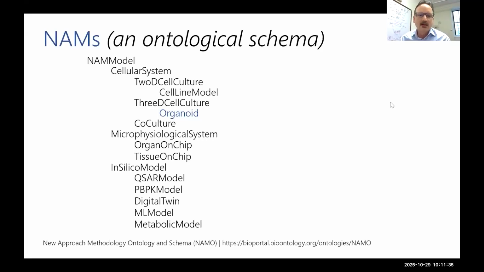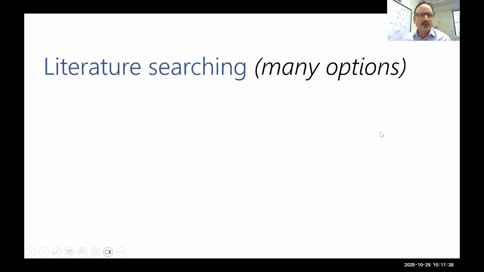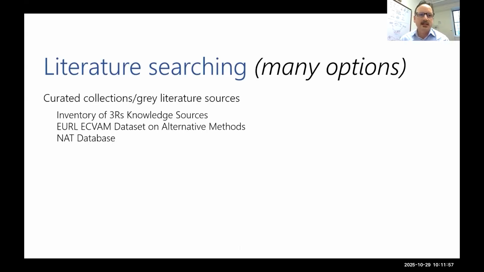And the last part of this talk relates to literature searching, and there are many options here for navigating the literature landscape around NAMs. So there are curated collections and great literature sources out there. That includes things like the Inventory of 3Rs Knowledge Sources, your ECVAM dataset on alternative methods, and the NAT database. There is at least one, there may be more, machine learning derived collection called SMAFIRA,